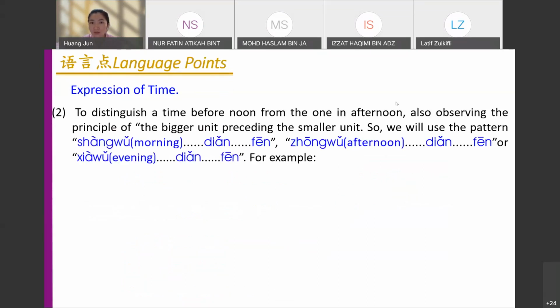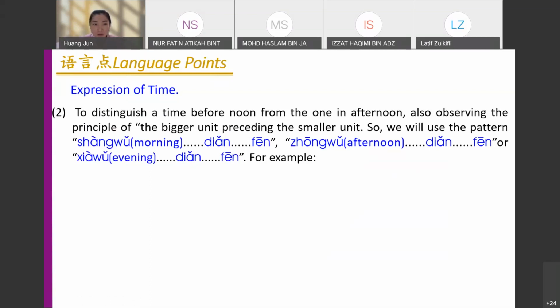Okay. When we're talking, if they have 12 p.m., 8 a.m., like this one, how do we arrange it? Make sure you read clearly. The big time unit is put in front, the small time unit is put at the end. For example, same as when we arrange year, month, day, days of the week. Year is the longest one, so we put year in front, then month, day, days of the week. In each day, you have morning, evening, afternoon. During the morning you have many hours. So the exact o'clock is put after morning, evening.